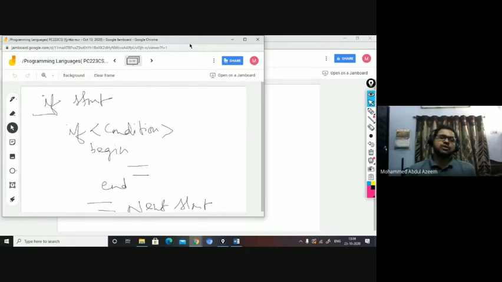And end for the close of the block, right? The same in C language, we represent with open brace and close brace, right? To represent the blocks. Anyway, so here the operational semantics of the statement is when the condition is true, it will execute the block. Otherwise, it will move on to the next statement, right?